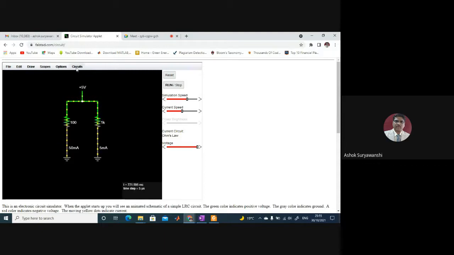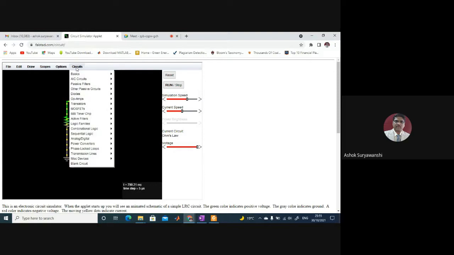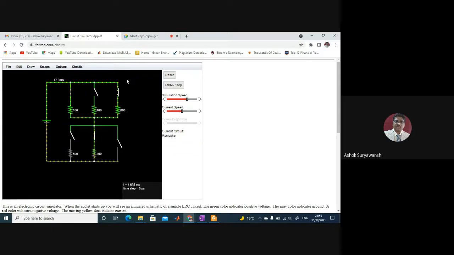So likewise, you can see many other circuits here. Like here, in basics, I can see different resistors, and you can see the meaning of resistors. You can see 6 resistors or 5 resistors, and they are connected in series or parallel. These 3 are connected in parallel, and these three are connected in parallel. The upper three you can see.